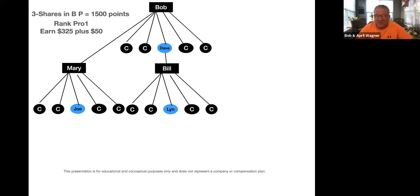I haven't done anything but get in the bonus pool my first and second month. But now I'm a Pro 1 in the business because there's 1,500 points here. See, each one of those bonus pools is 1,500 points. And the other thing that's very important that you understand is when we bring in customers, they need to